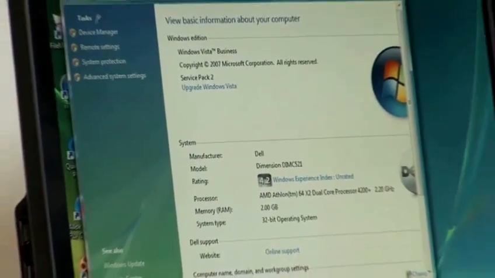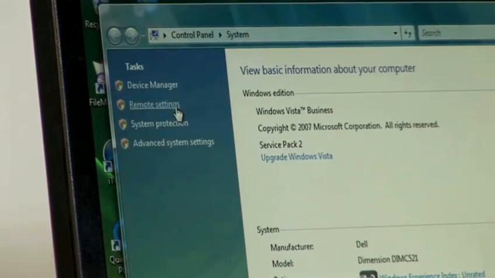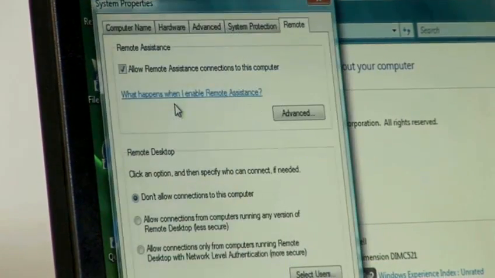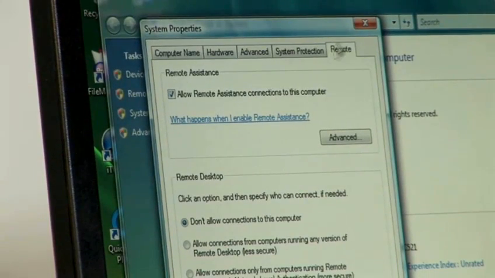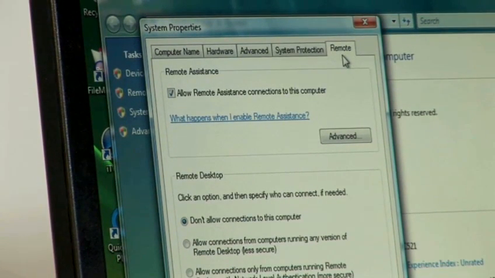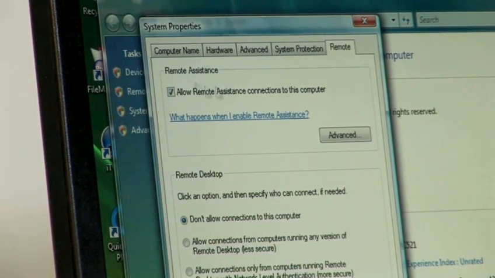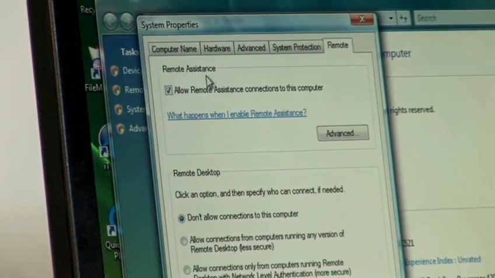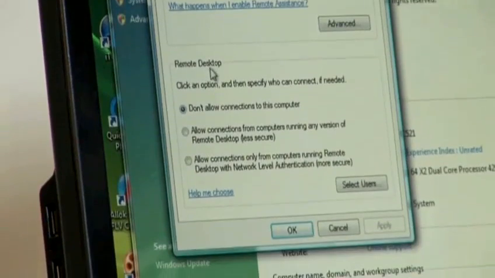Now on the top right hand side here you'll see that there's an entry called Remote Settings. So we click on that and it brings up this System Properties pane, and the right hand tab here is called Remote. Now there are a few things that we want to have a look at. Remote assistance is another kind of remote desktop. This is already checked on this computer, but in the bottom half of the window we see the remote desktop